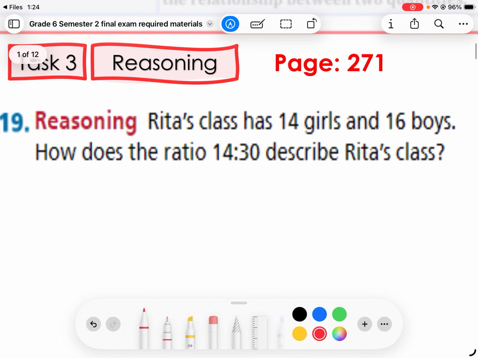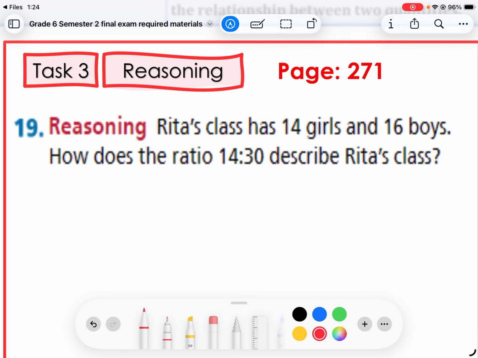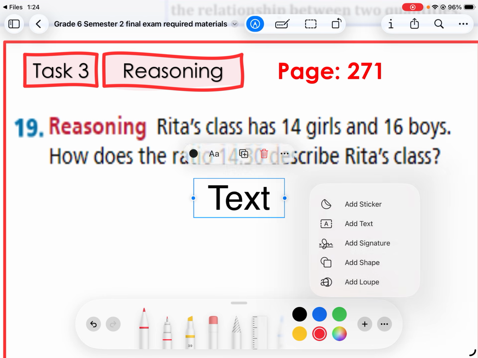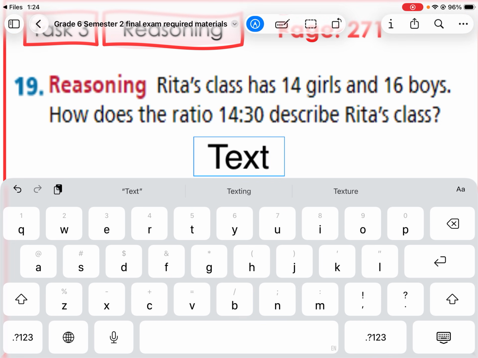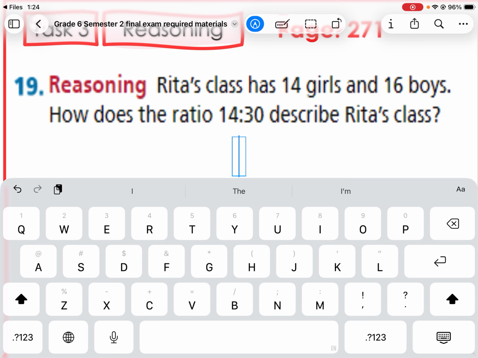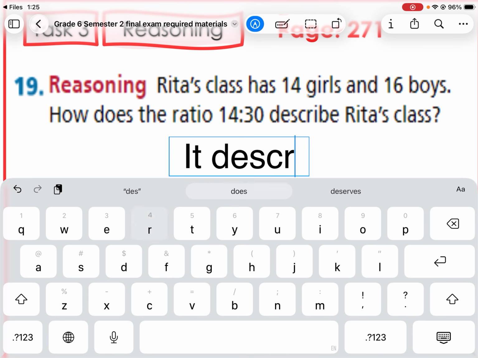Let's now go to this question. It may seem difficult, but they just want you to express it using words. What does 14 to 30 describe? All you have to do is write what it describes, what it compares. As you can see here, Rita's class has 14 girls and 16 boys. So I know that 14 is very clear. You'll just have to write, it describes